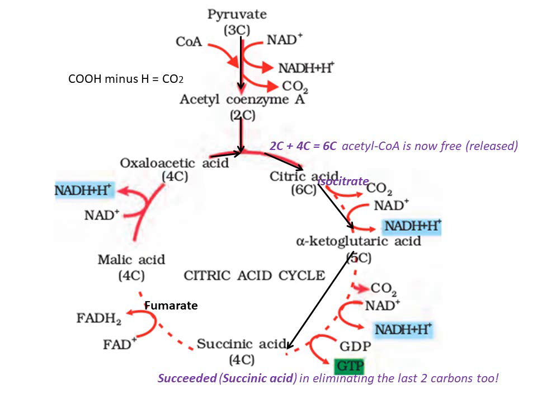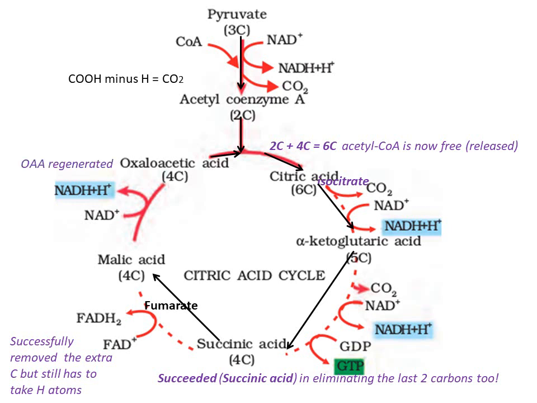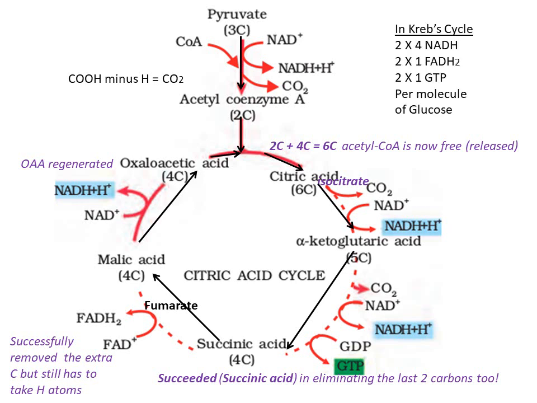So succinic acid in the remaining half of the cycle is regenerated by removing some extra H atoms. Succinic acid is converted to malic acid via fumarate. Hydrogen atoms are removed. Malic acid leads to oxaloacetic acid regeneration. Another H atom is removed. So this completes the TCA cycle. So here in the Krebs cycle or TCA cycle, we have 4 NADH, 1 FADH2, 1 GTP for each pyruvate. So twice the number for each glucose molecule.